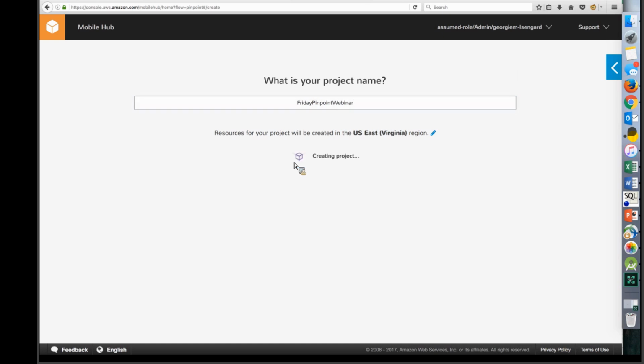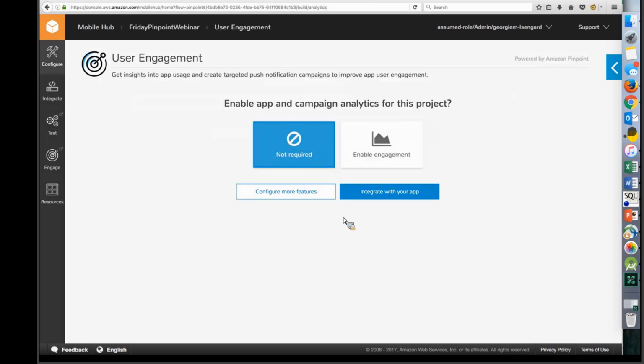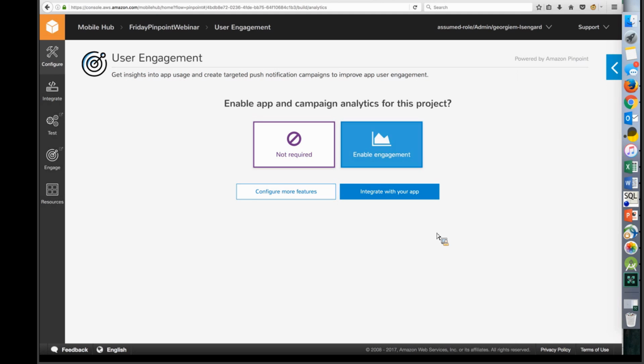If I create a project here, this project will take you directly to the enable engagement functionality in the app in Mobile Hub. Once you enable engagement, this will provide you with